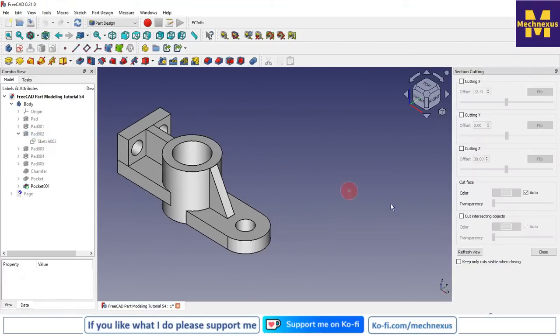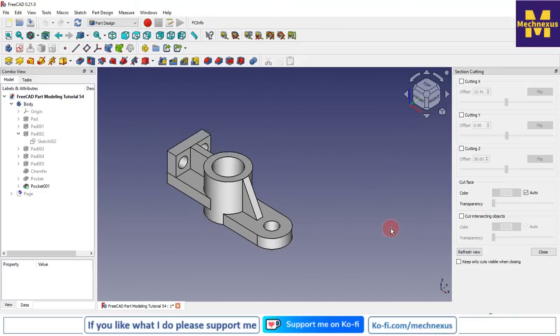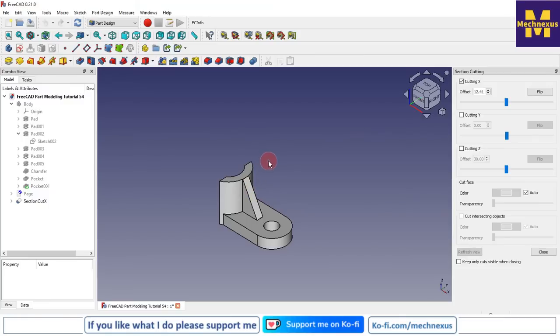Click on it. So once you click on it, you will get here the section cutting X, Y and Z directions. Here are also options for the cut faces. You will also have options for the color and transparency. So let's click on this X option. So you can see, as per the UCS, my part has been cut,